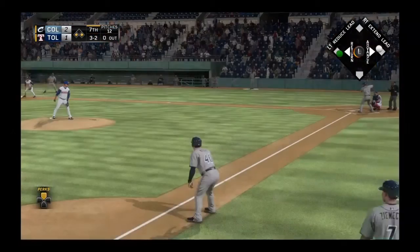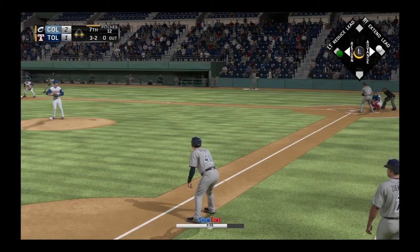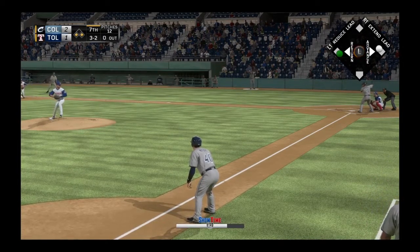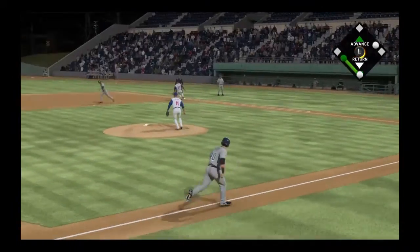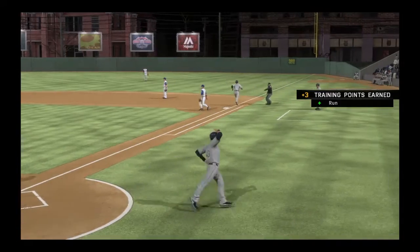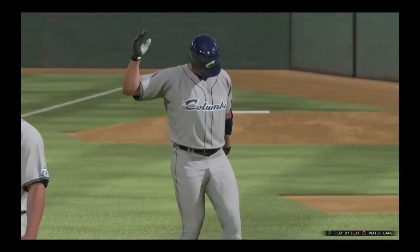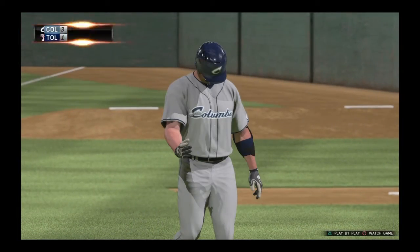Striding into the box, Billy Gonzalez. He got on top of one and was a ground out victim last time. And Matt, with the double play in order, they'll obviously be looking to induce another ground ball out of him right here. To second for 1, back to first, so they get the double play, but the run does come in to score. Well, you know, it looked like they might have...